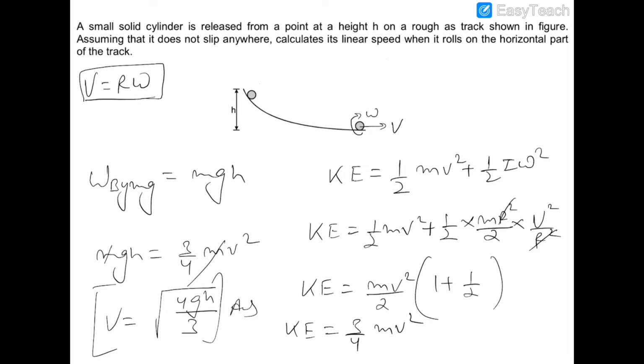Now let's move on to the next question. In this question, there is a uniform ball of mass m which is rolling on a fixed horizontal surface without sliding. And in this case, if the velocity of the center is V0, therefore the velocity of the bottom point would be 0. Now it is given in the question that the velocity of the lowest point of the ball with respect to the center of the ball is v.